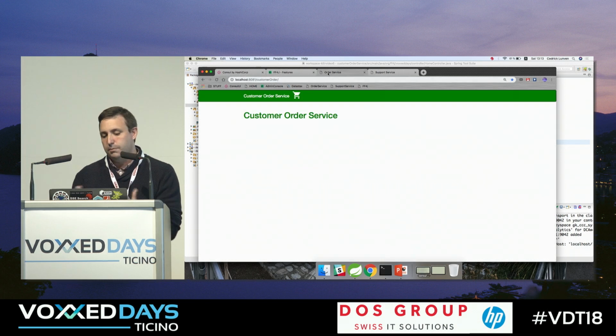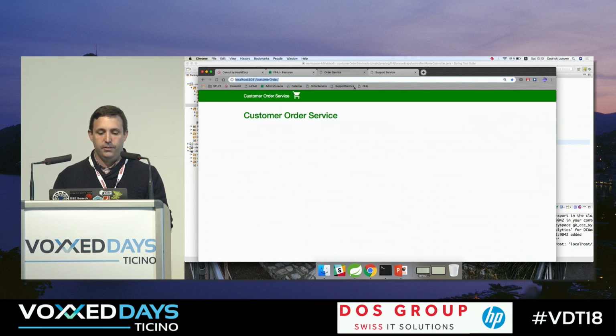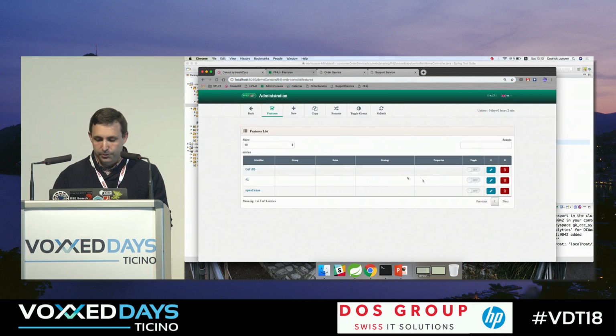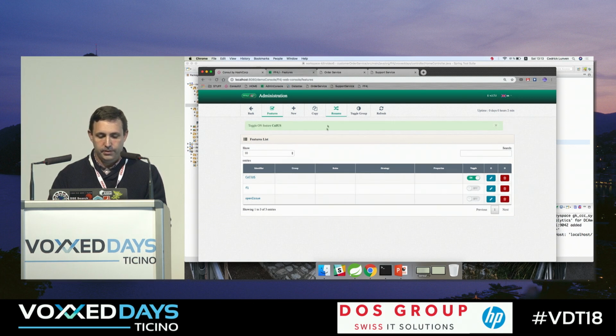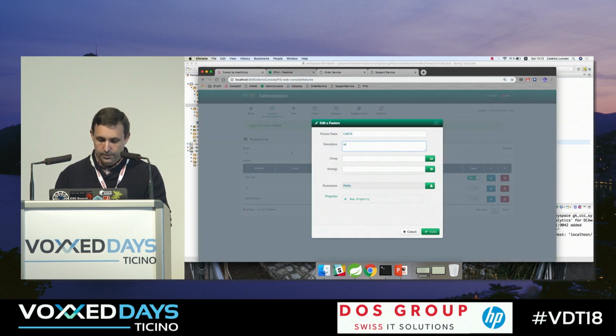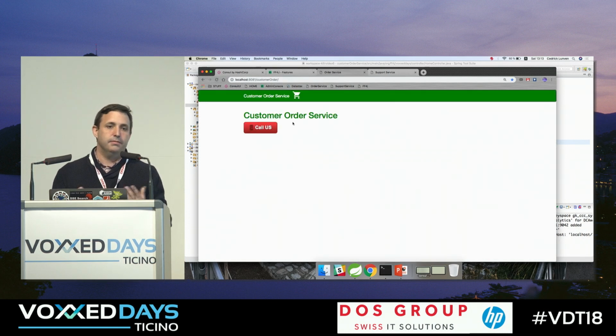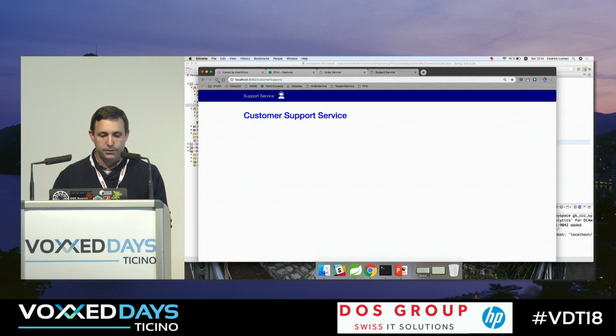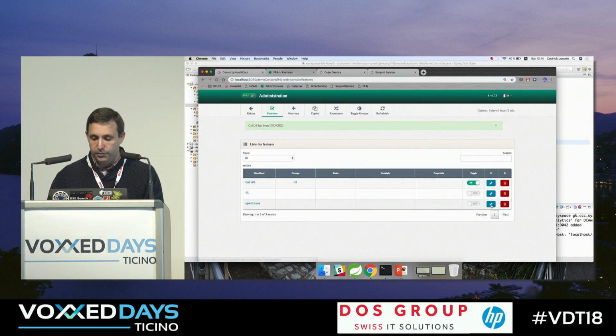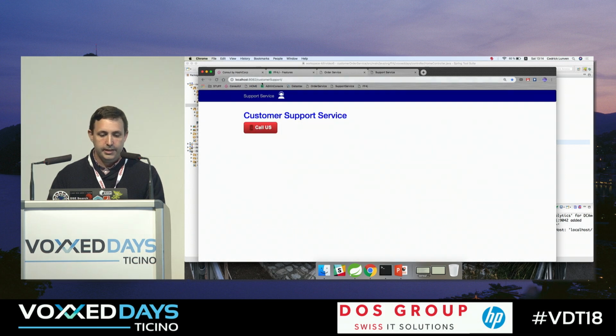So in that small sample of mine, I just have a button that will show up if the feature is enabled. So this is what I will do. I will enable Call Us like that. I can also edit my features a little bit more, put that in a group to be able to switch the full group. So I go back to my service, and boom, now my button is there, I can use it. Same as for support. I can use it multiple times. And same as for OpenIssue now, I can also enable that and get another button here.